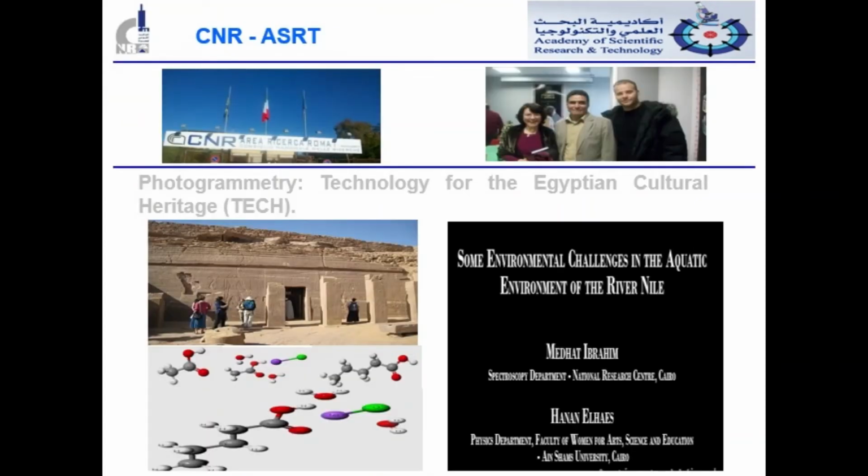We study also photogrammetry as a technology for the Egyptian cultural heritage. We apply the work carried out with infrared spectroscopy and molecular modeling to study the effect of organometallic interaction and the effect of salinity at and around archaeological sites in Egypt, with the help of our colleagues Giuseppina Gabriotti and Andrea Angelini. It was wonderful work in the frame of collaboration between the Academy of Scientific Research and Technology in Egypt and